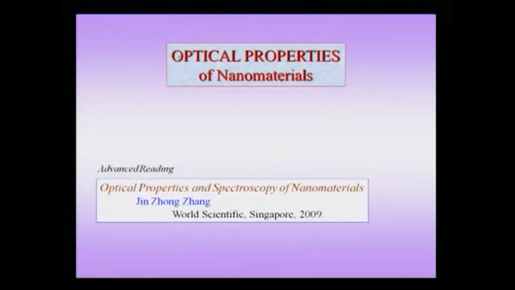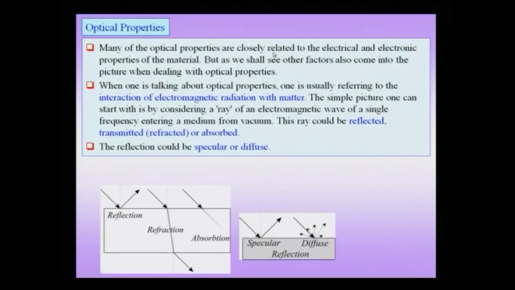We have already seen that magnetization is a very rich field wherein you have very interesting effects, like we have seen the effects of superparamagnetism, giant magnetoresistance, etc. And it is important to note that many of these actually have very interesting and very important technological applications. Next we take up the topic of optical properties of nanomaterials.